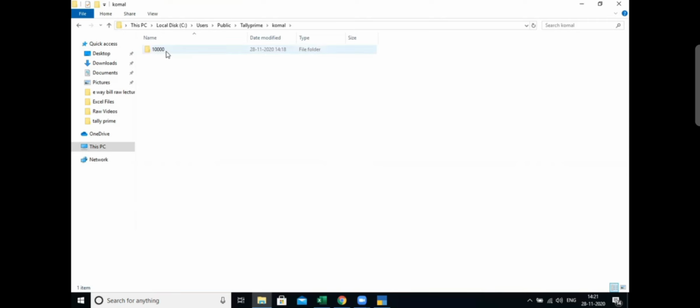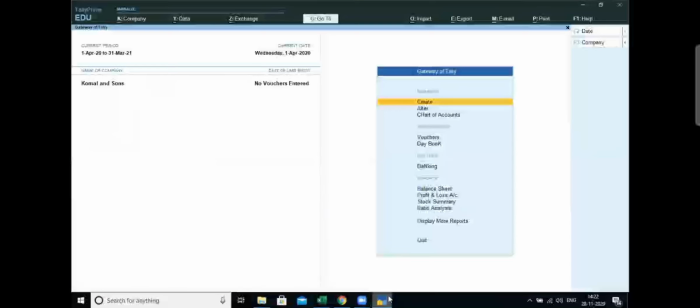So this is the folder where the company data lies. Here is the company from where I can copy the data, restore the data, or take the data anywhere I want. So remember, this was my Tally data path. You can see it, and you can do it as well and check. Now we are coming back to Tally Prime, and here the next option we have is deleting the company.